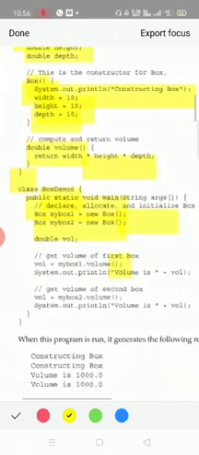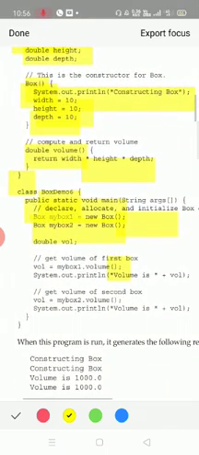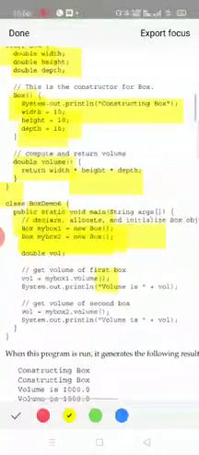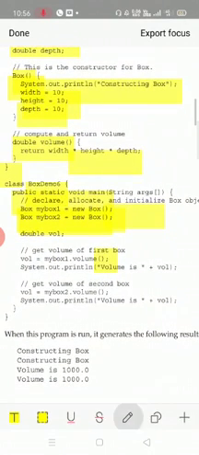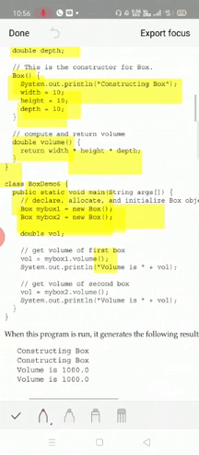As soon as the first object myBox1 is created, the box class constructor is called, where we have three different variables: width, height, as well as depth.